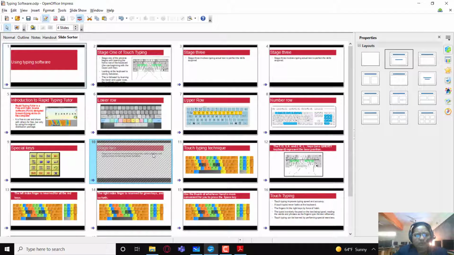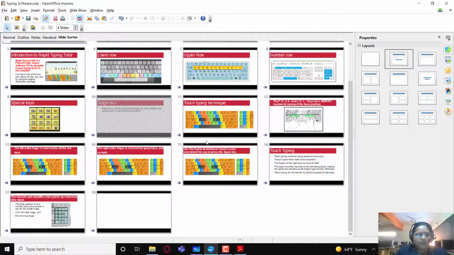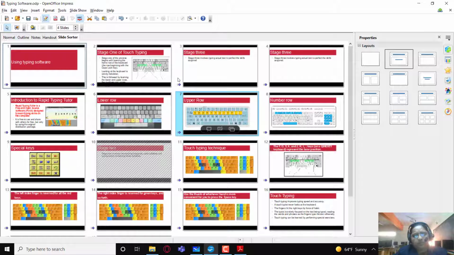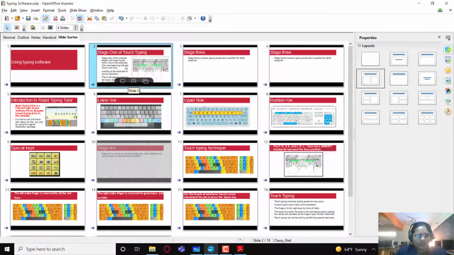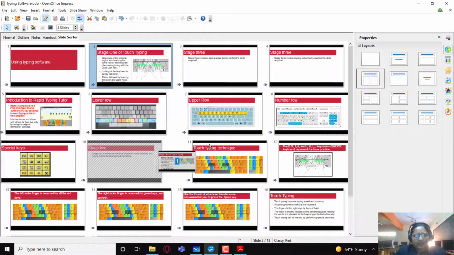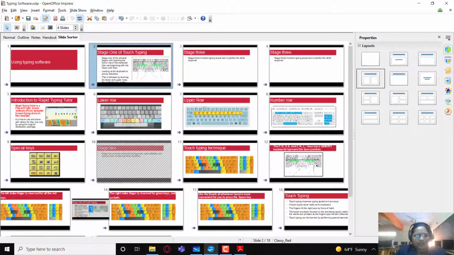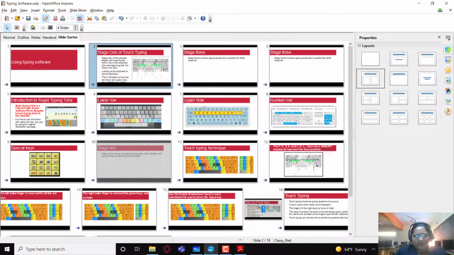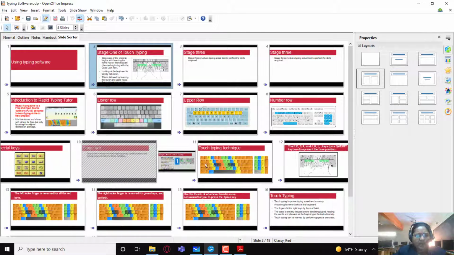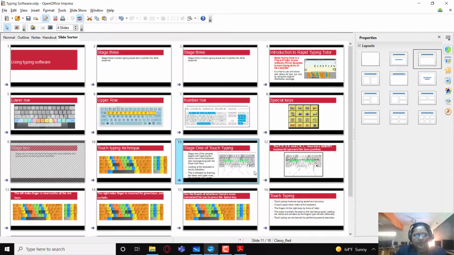Now you can also use drag and drop to do this. Suppose I select slide 2 and I just click it, drag it and place it anywhere I want. I release the mouse and it gets added there. Copy is just the opposite using drag and drop.